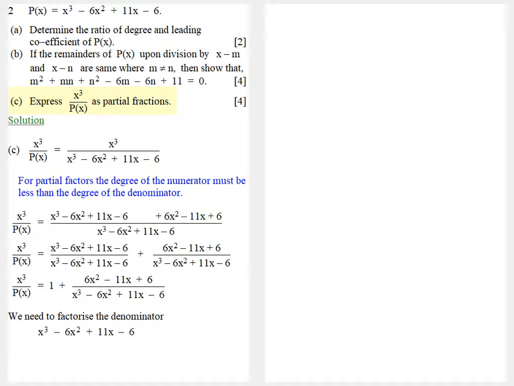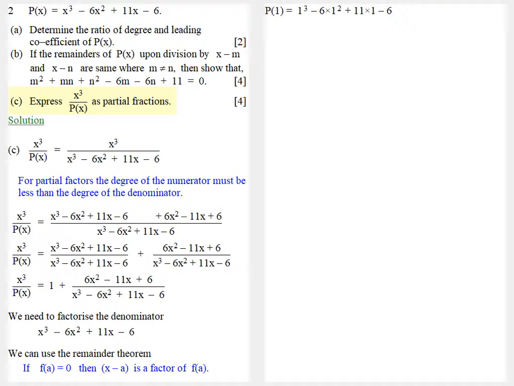The denominator is x cubed minus 6x squared plus 11x minus 6. And we can use the remainder theorem to find the factors. If f(a) equals 0, then x minus a is a factor of f(x). So if we try p(1), we get 1 cubed minus 6 times 1 squared plus 11 times 1 minus 6, which is 1 minus 6 plus 11 minus 6, which is 0, and so x minus 1 is